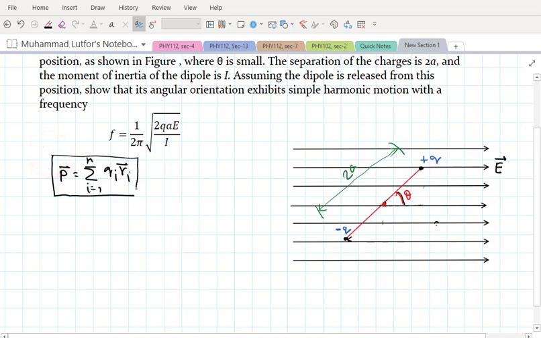For this case, since I have two charges of equal magnitude, one positive and the other negative, and the distance between them is twice a,